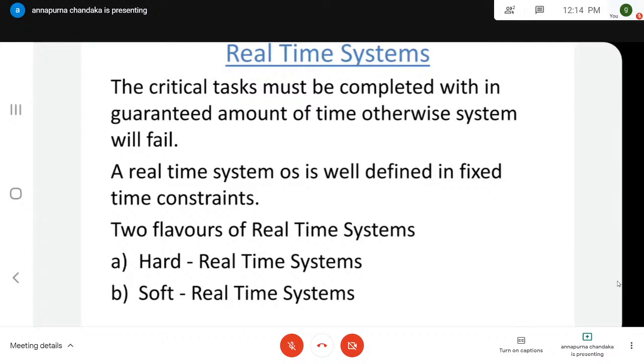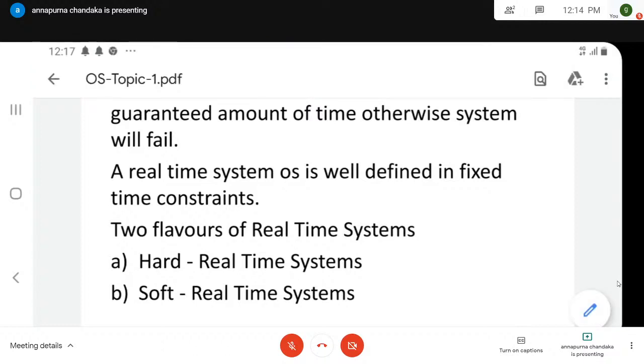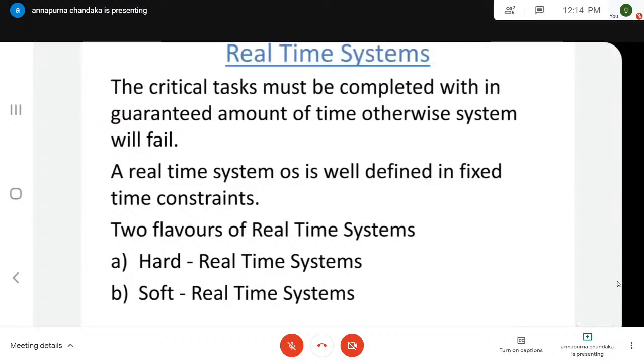Then it implies that whatever task is specified there should be completed within the stipulated amount of time. Otherwise, it will give you a message that the required time is out, the transaction is not processed, and you must re-enter it. That implies whatever task has been specified. Let us take